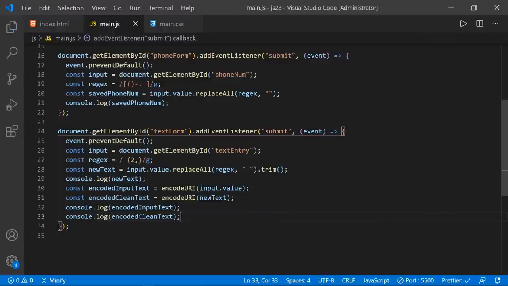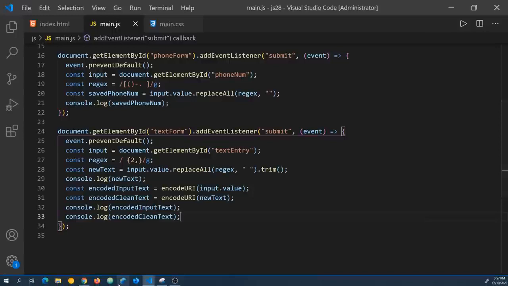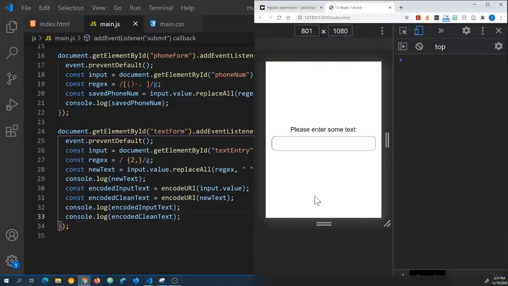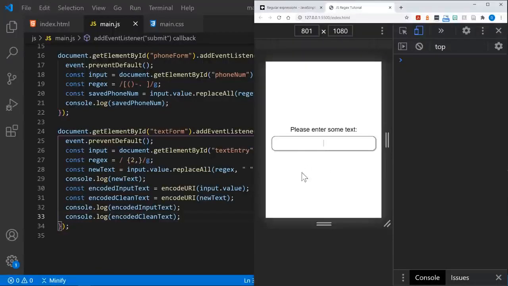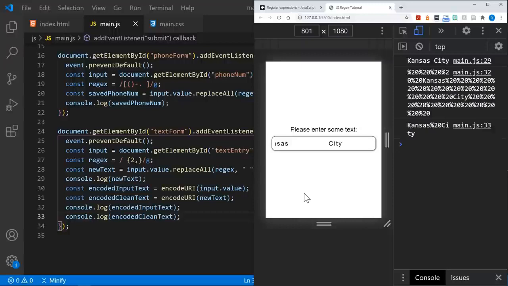I'll save that, and we'll still be able to see what we were looking at before, so we'll also look at the new text. But let's look at what, if we didn't clean the text, basically what would be added to a URL. So I'll put, once again, like 3 or 4 spaces, Kansas, a lot more space, and some more space at the end. I'll press enter. You can see this is what we had to begin with. It's cleaned up the text, Kansas City. But this is the text if it wasn't